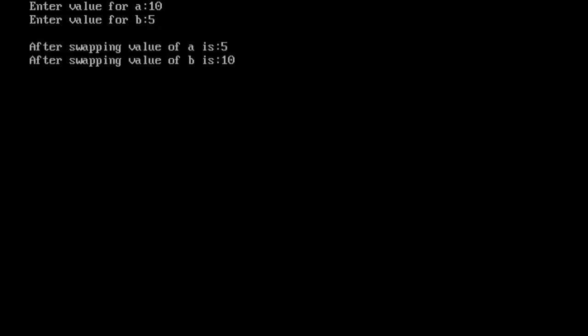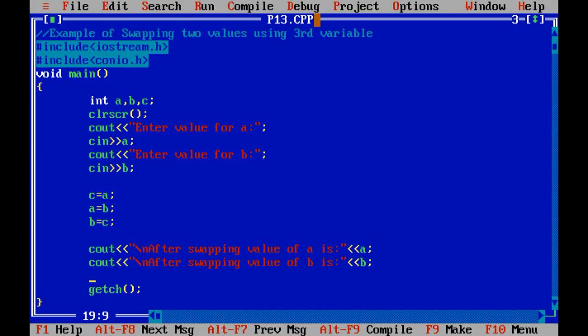You can see over here that the value of a is 5 and the value of b is 10. For swapping of two values, we are exchanging the values of the a and b variables, right? So we have used a third variable, that is the c variable.